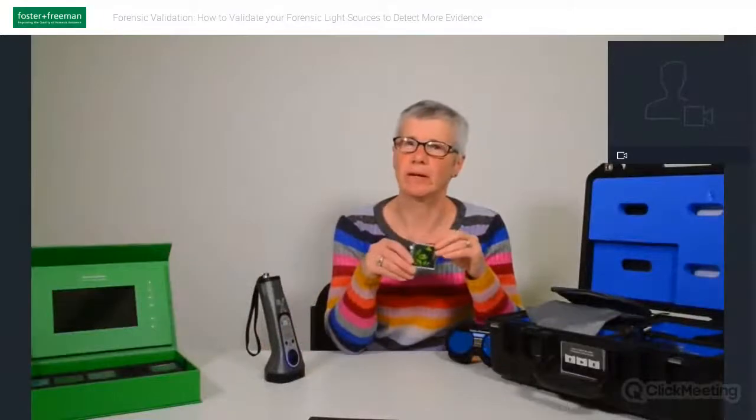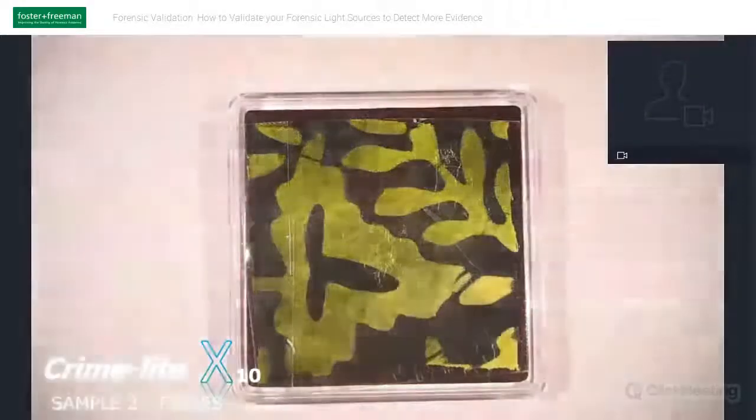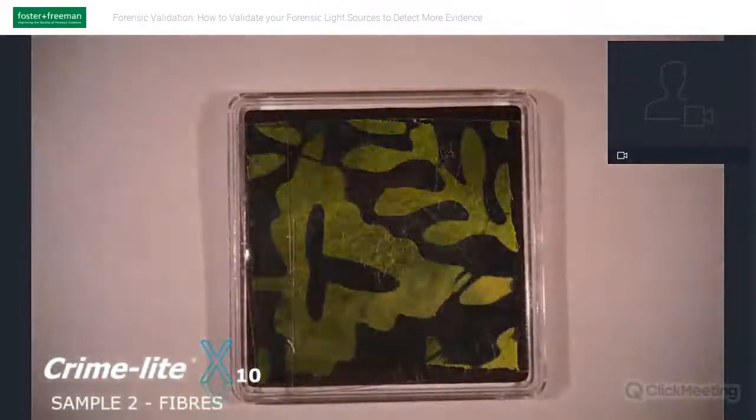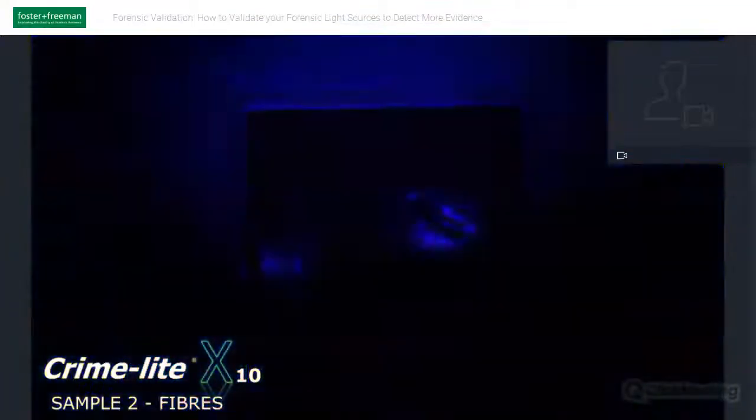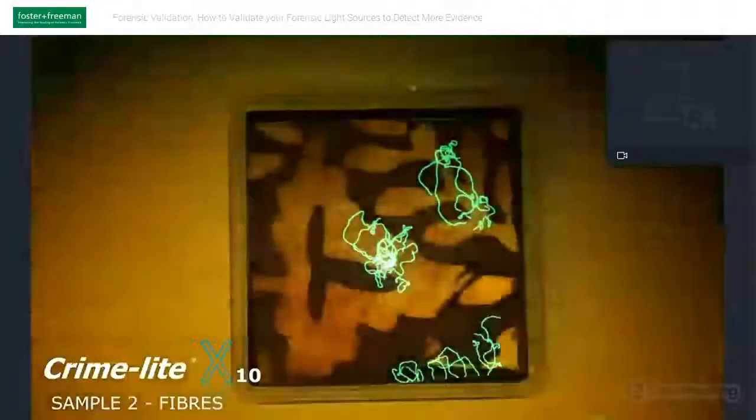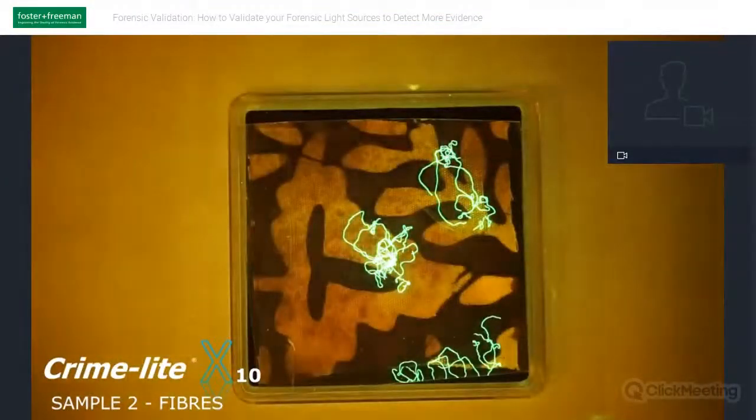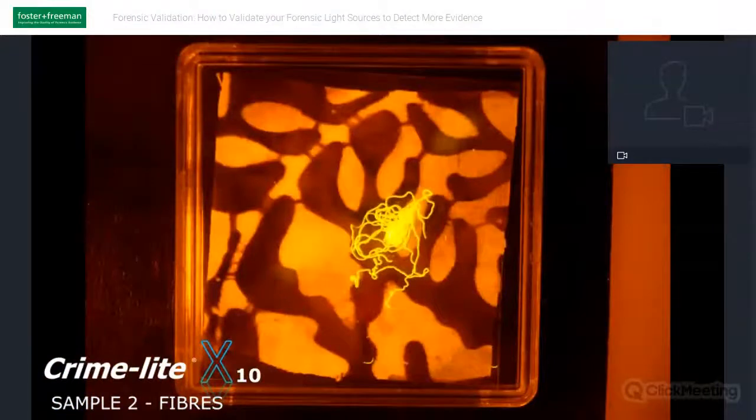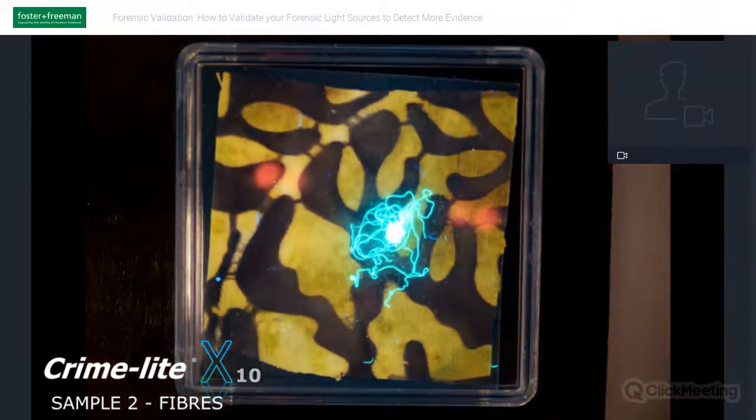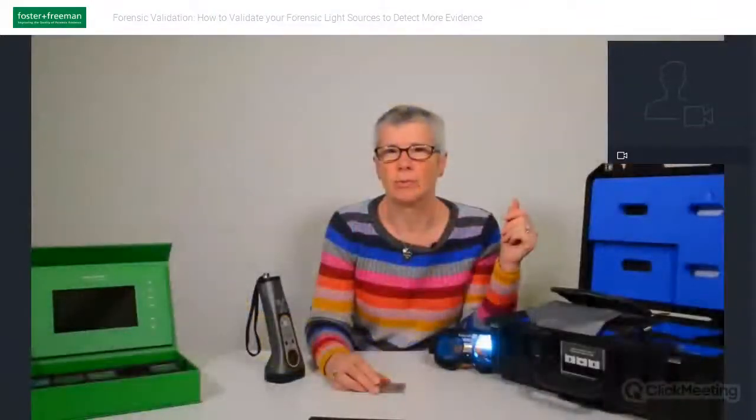The second sample I'd like to show you using the Crime-lite X10 is the fibres, not easily visible in white light but clearly fluorescing under the blue light with a snap-on viewing filter, long pass filter, OG550. Fibres fluoresce under many different wavelengths. Visualising fibres at a scene or on a body can provide valuable information of contact between suspect and crime scene,